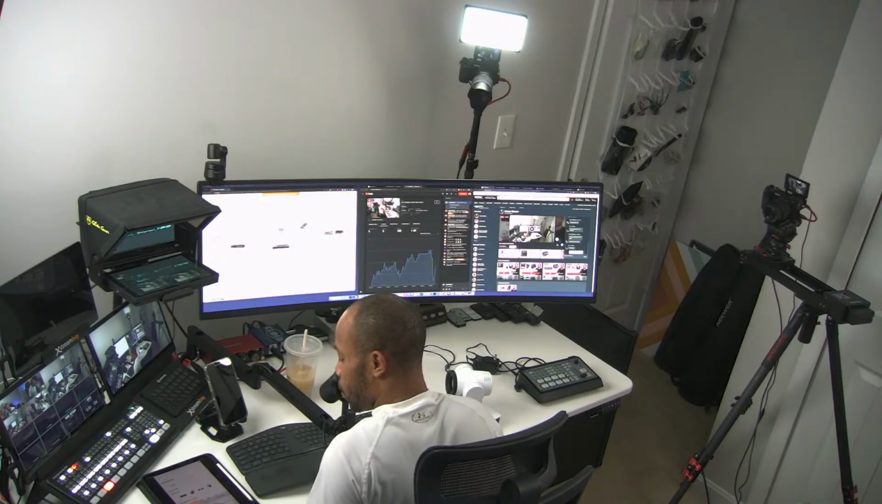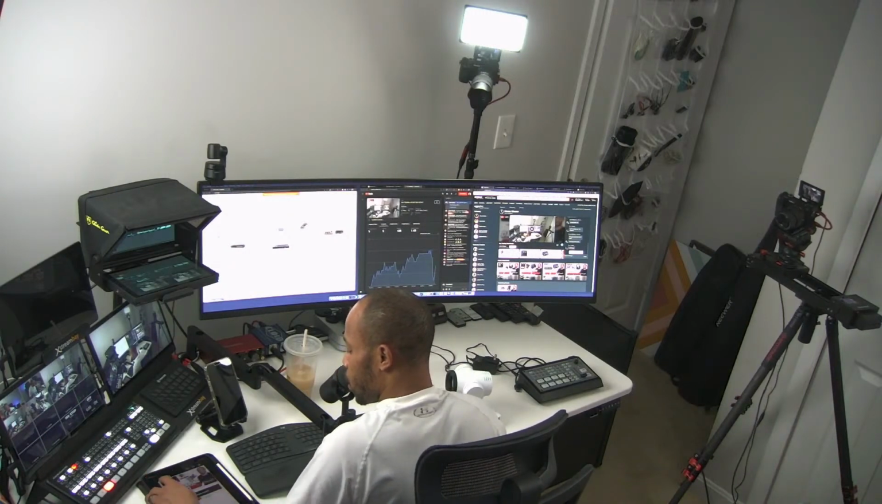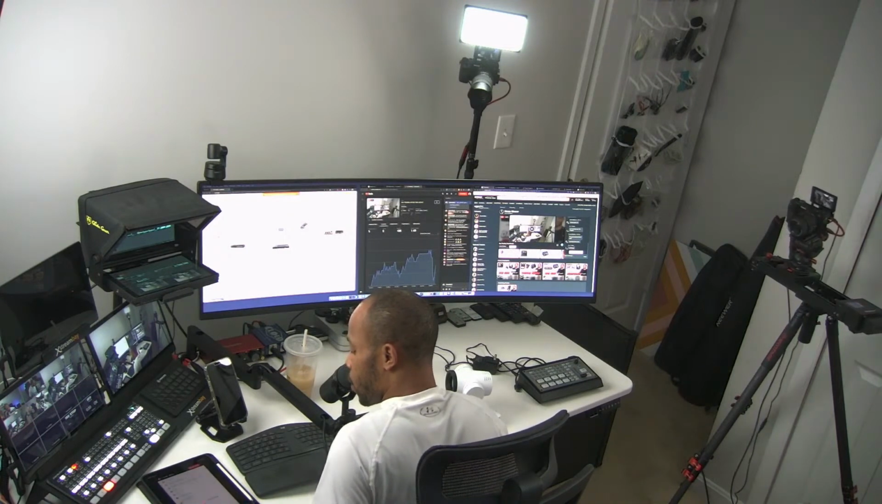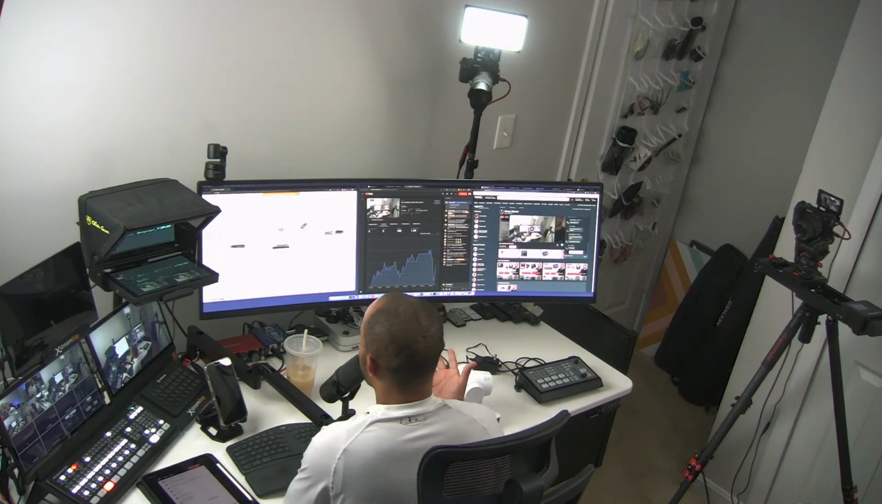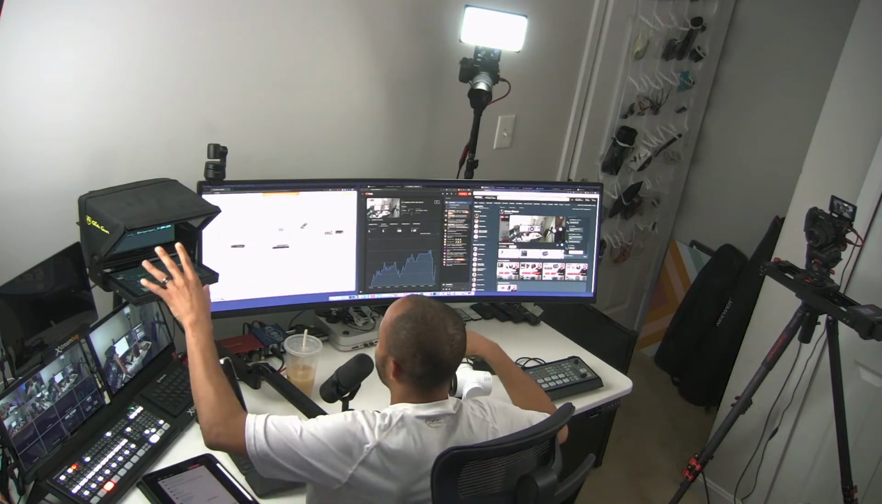So let me add that now. Elgato Cam Link. All right, so the Elgato Cam Link's highlighted in the carousel, and that's how I initially connected